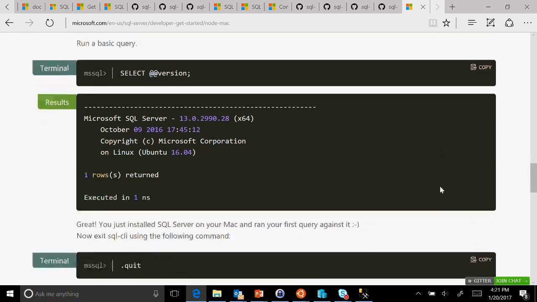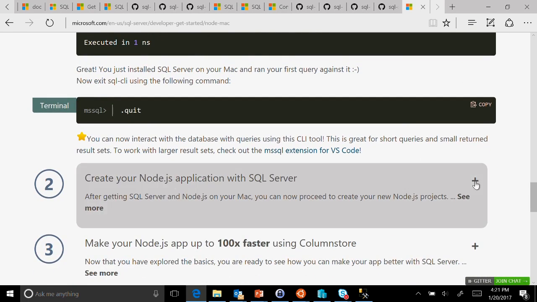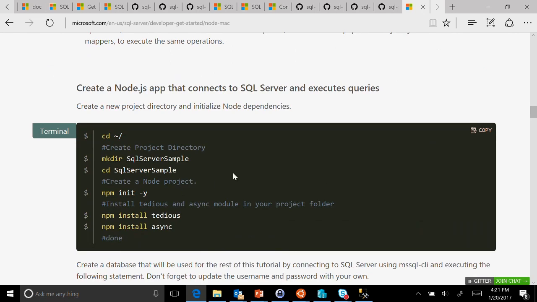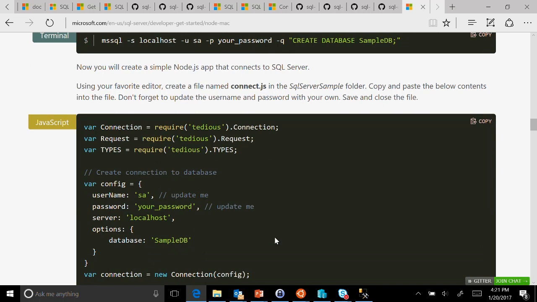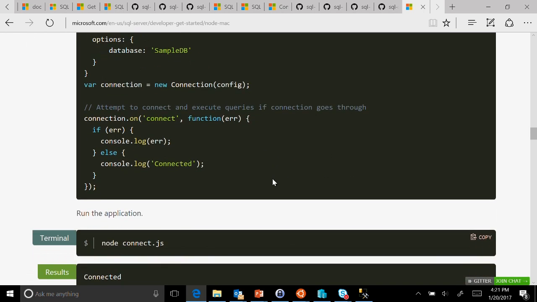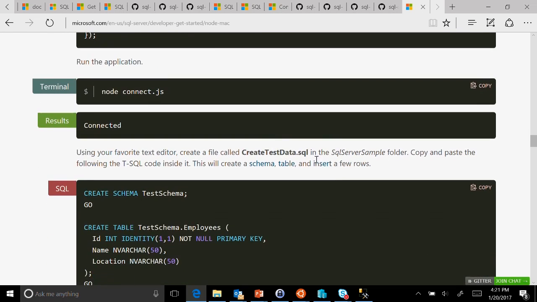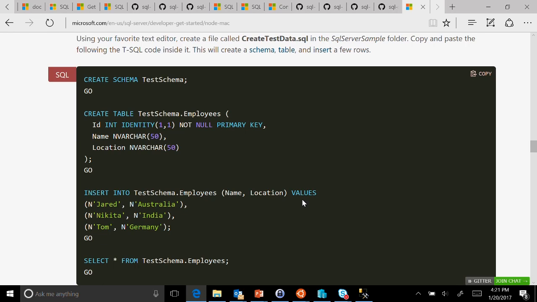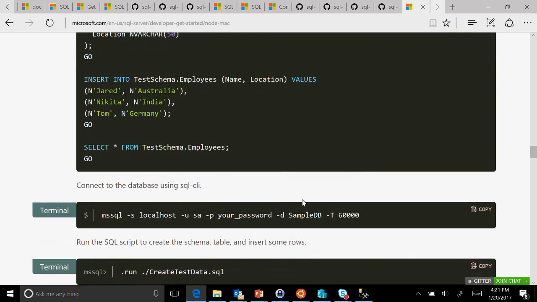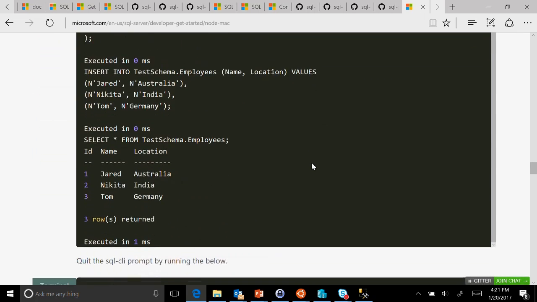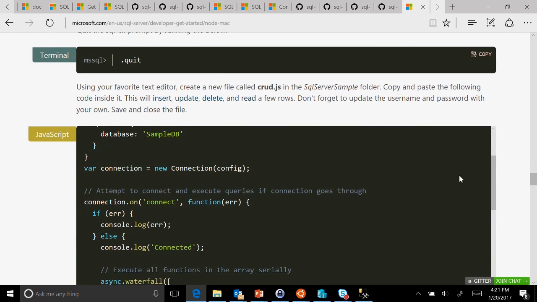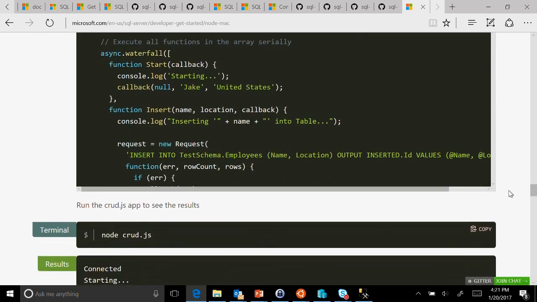And then the second part of it is, okay, I want to write some code. So then we show you how to write code, and we give you the sample, like this is how you connect. This is written in JavaScript, right? And then you can connect and do stuff. And then we have some samples that do some CRUD, update, insert. So you can basically create a table, insert rows, update rows, and so on, right? All the samples are there, and you can copy and paste to get started.